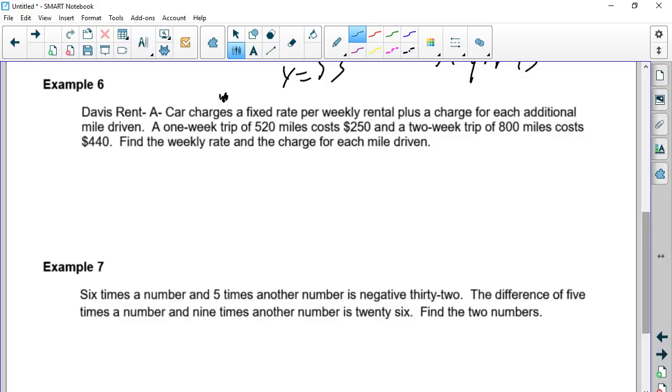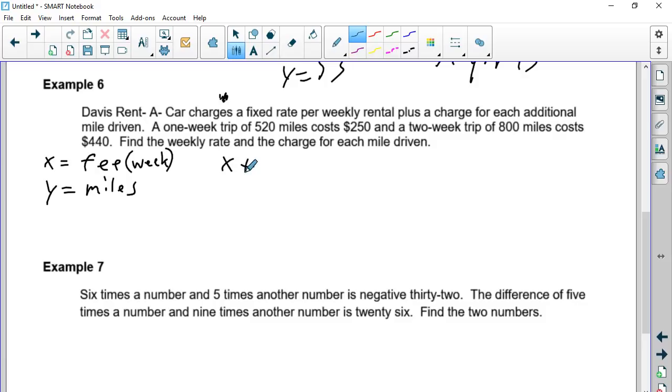So in this case, when we're setting this up, we have a weekly fee and the additional miles driven. So X is going to be my fee, the weekly fee, and then Y is going to be the miles fee, however you want to do it. Okay? So you're setting up two different situations. On the first one, a 1-week trip. And remember, this is fee per week. All right? So, a 1-week trip